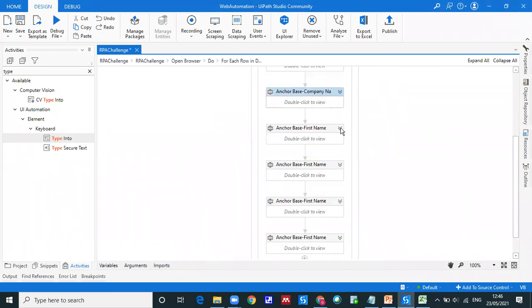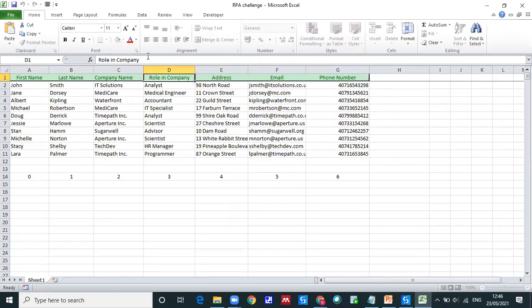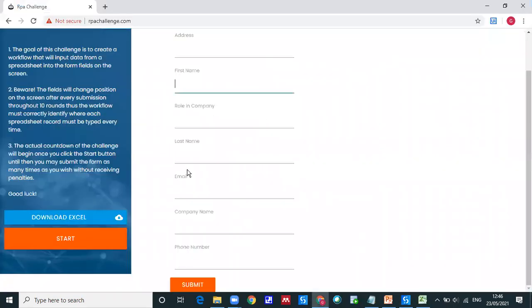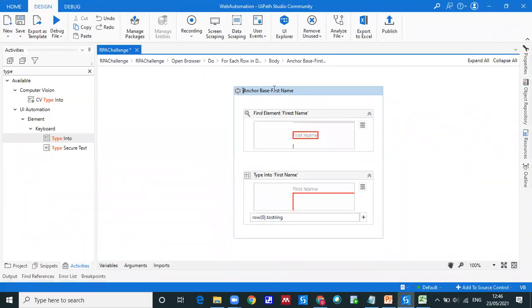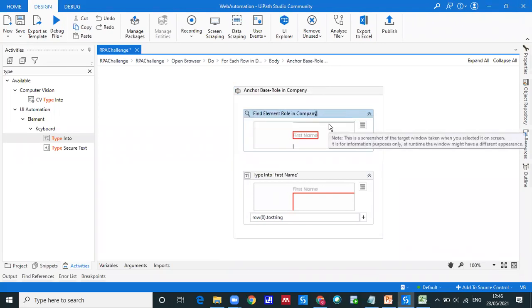Next is the role in the company. Where is the role in a company? Yes, I need to change each and every activity's values quickly. Okay, no problem.